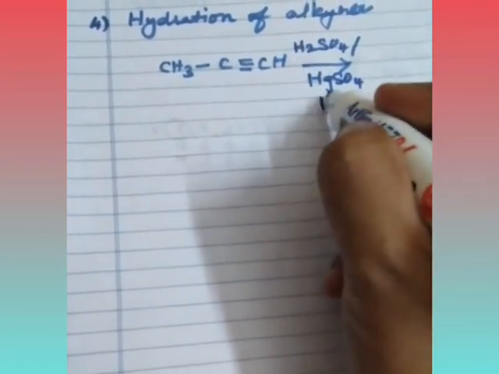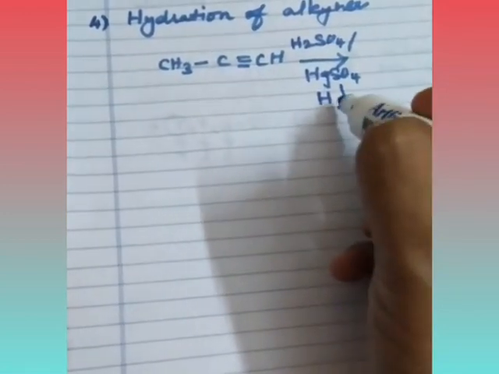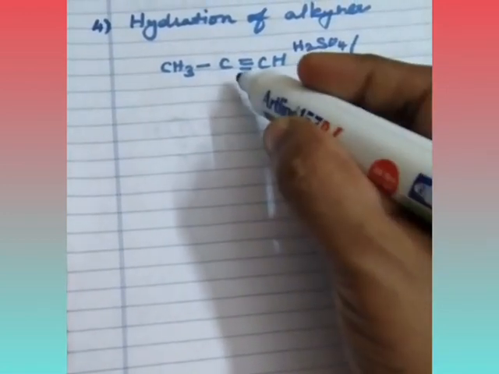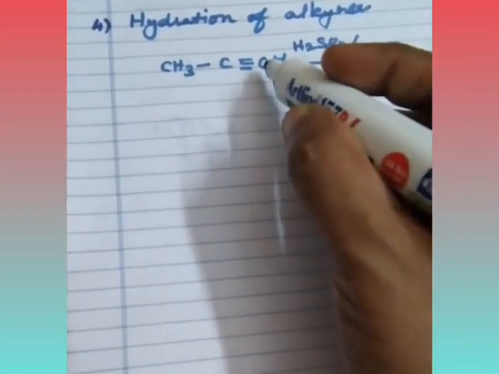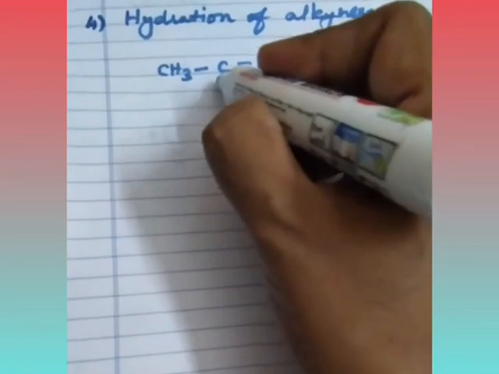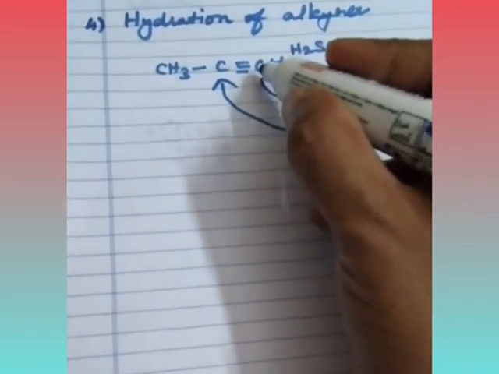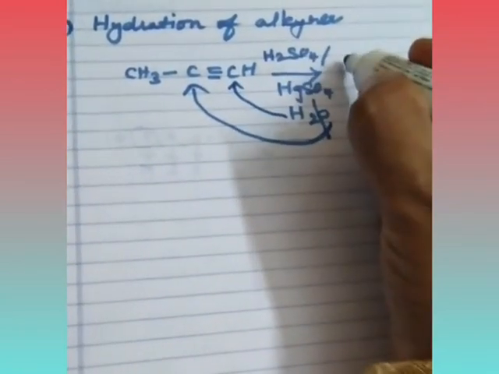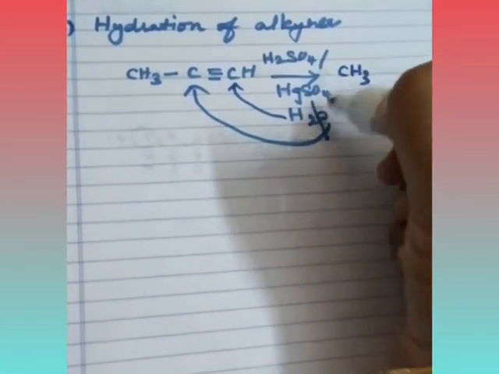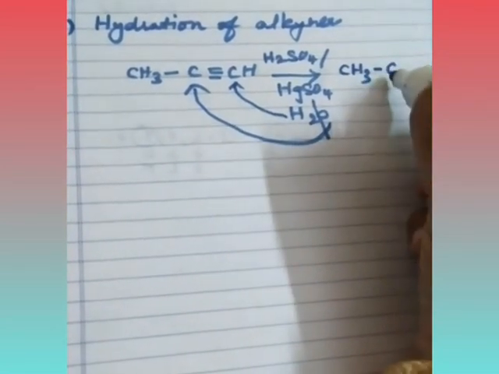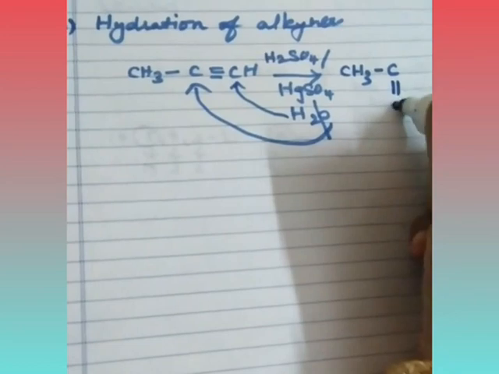It undergoes hydrolysis. When it undergoes hydrolysis, it separates like this. The hydrogen goes and attacks one carbon, and oxygen goes and attacks the other carbon atom. So it goes there and this hydrogen goes and attacks here. So what is the product? Let us write CH3 and here C, this oxygen is going there, so C double bond O.